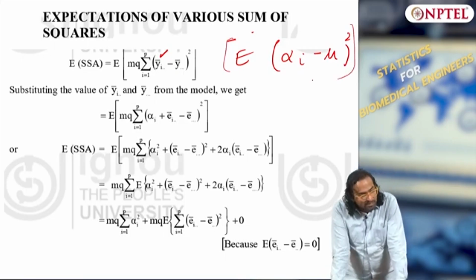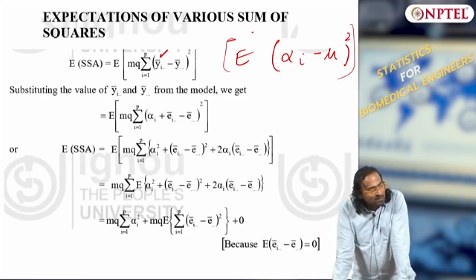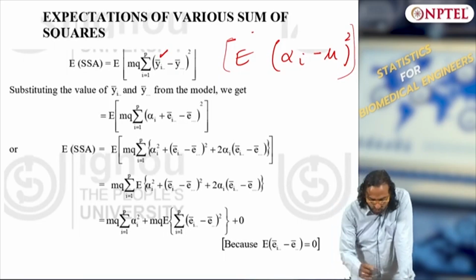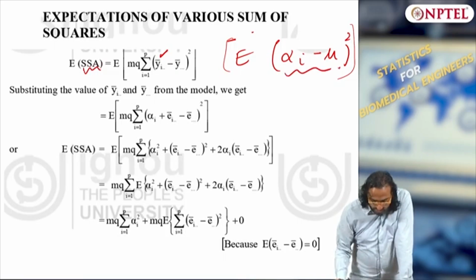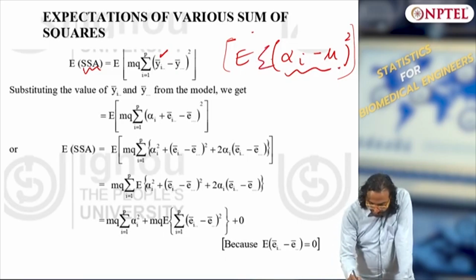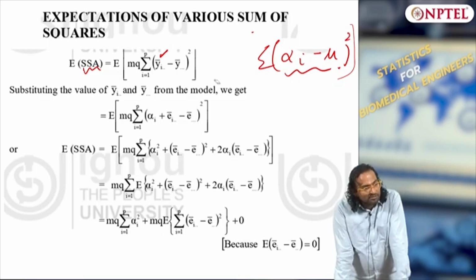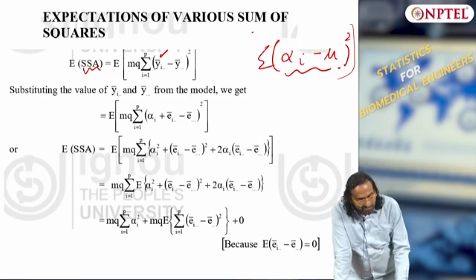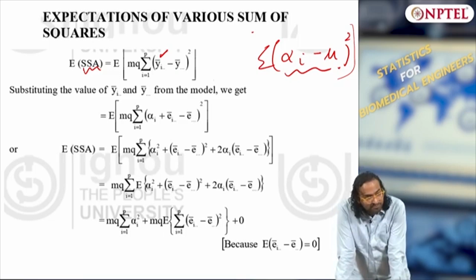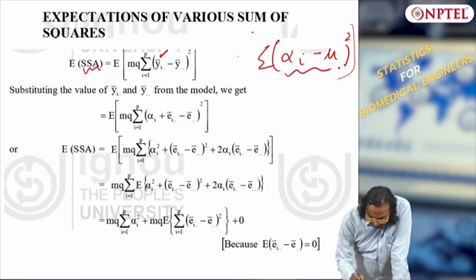What is the total number? Expectation of sum squared. So what is sum squared A? Sum squared is alpha i minus mu the whole squared, okay, sum squared, and when you take the sum for how many data points? What is M here? M and Q, any idea? M is replicates and Q is